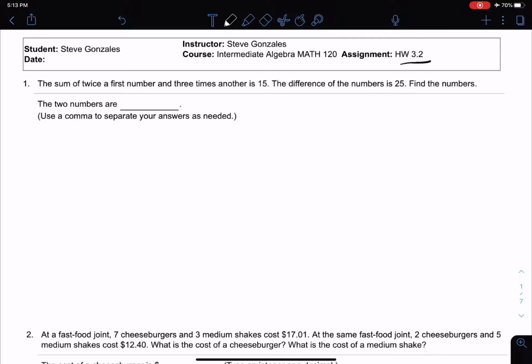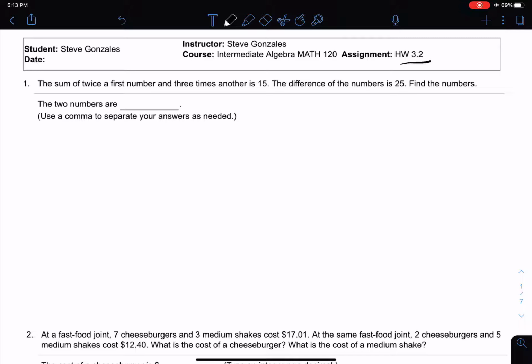Sometimes having to force a problem into one variable can actually make it harder. So let's start off with this first one. This first one is just basically taking a look at numbers in the English language and translating that into a system of equations. So once again, we've got two variables to play with,